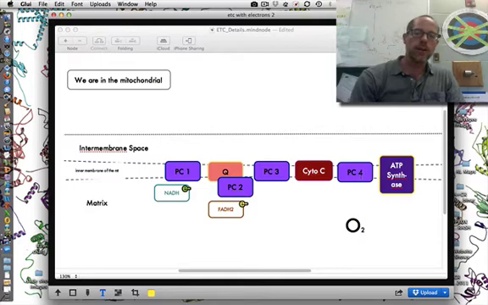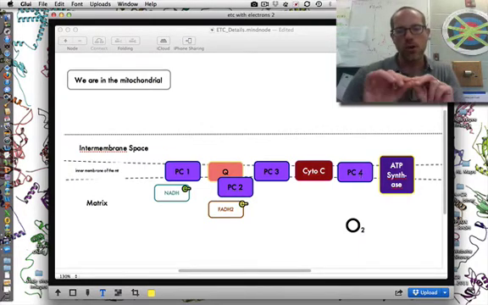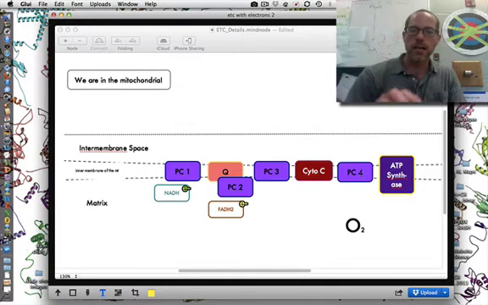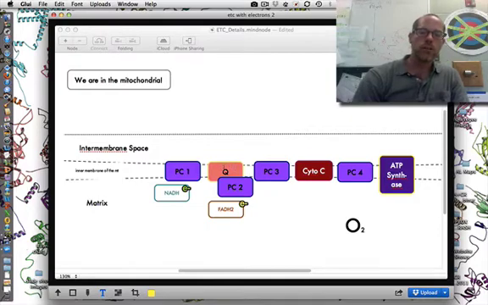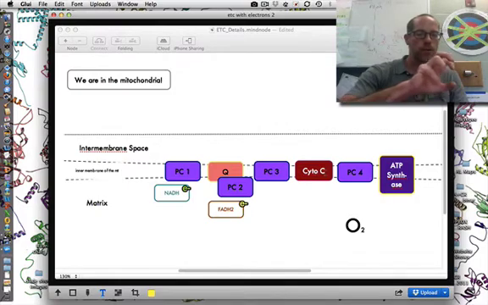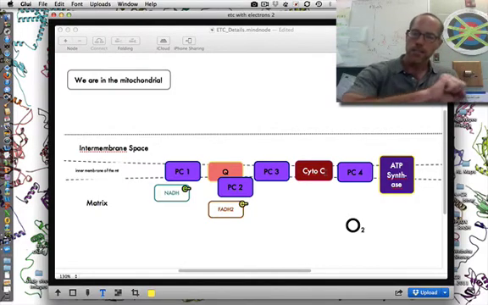Worth noting that these protein complexes are actually the conglomeration or amalgamation of over 90 proteins working in concert to generate a proton gradient. Also embedded in the inner membrane is an organic molecule called ubiquinone, which we call Q, and then also what's known as the cytochrome C complex. Cytochrome C, a very important set of proteins and pigments that help strip electrons and move electrons down the electron transport chain. Also of note is this beautiful protein complex over here on the right in a deep royal purple.